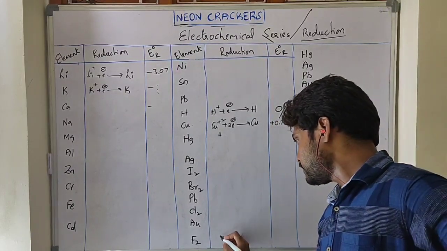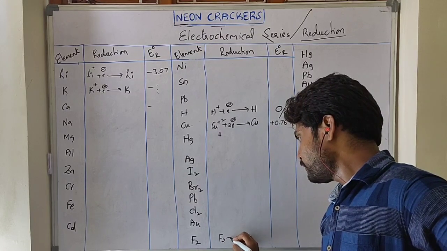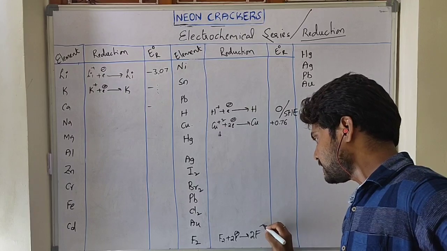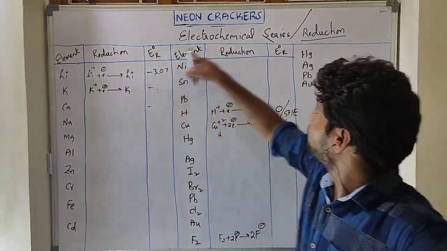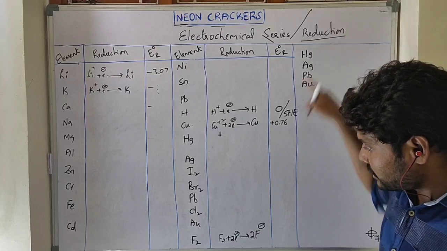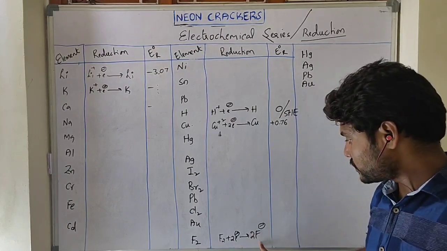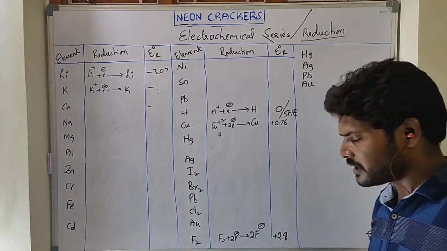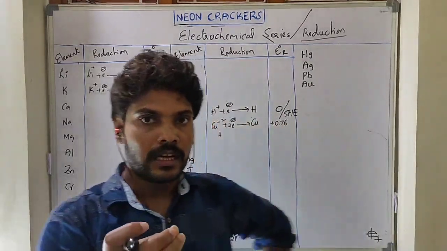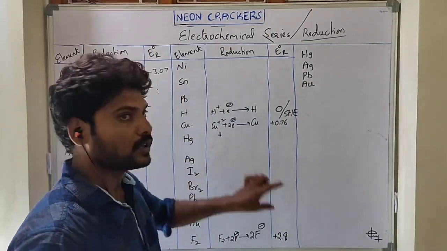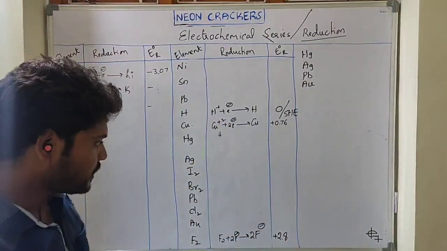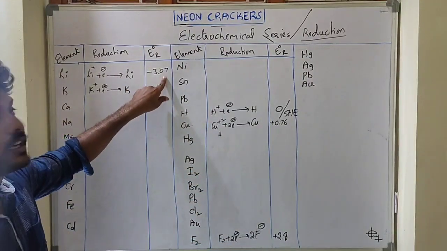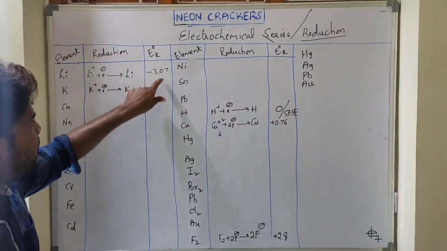And if you check fluorine, fluorine also has a reduction reaction: plus 2 electrons and it produces 2F minus. Here also, because it is completely based on the reduction reaction, addition of 2 electrons to produce 2F minus, but the potential is nearly 2.87. What is the electrode potential? This is a complete trick to find whether the potential of the elements is positive or negative. So here what is the value, positive or negative? Positive value. Here what is the value? Negative value.